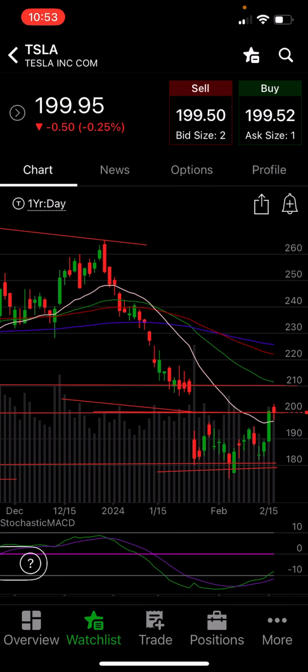So they're kind of between a rock and a hard place here, because it makes no sense to do it at 202, 203, 204, 205, because that will get blown through. So in my mind, they're trying to get the most amount of premium with the best risk reward. So what they're thinking here, in my eye, obviously I don't work for YieldMax and I haven't consulted Jay on this, but I think they're saying what I've been talking about with Tesla for the last